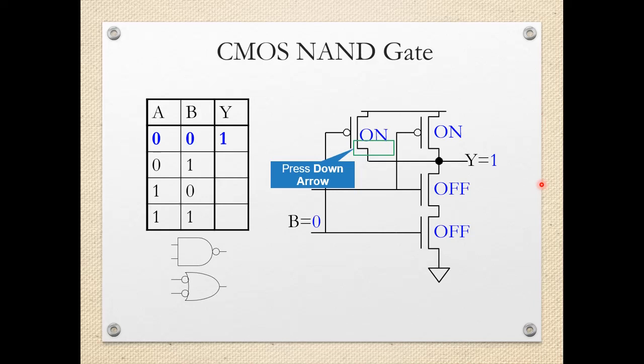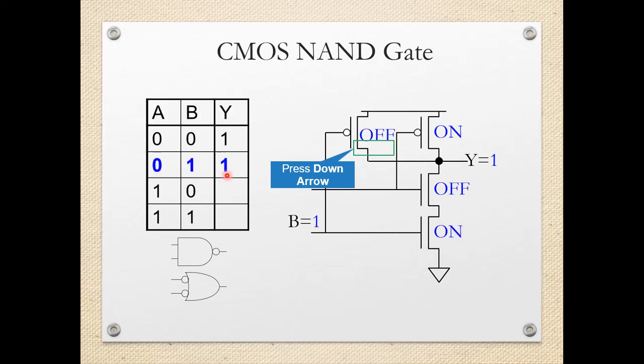So both the P MOSFETs are on. So they are just like a closed switch. So output Y will be connected to VDD through these MOSFETs and output will be 1. If it is an AND gate, output will be 0, but it is a NAND gate, so output should be 1. And that same thing we are getting over here.